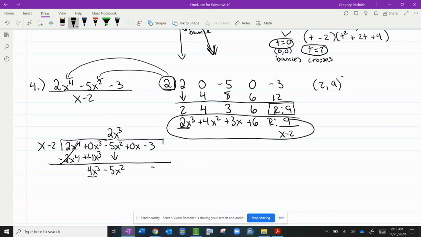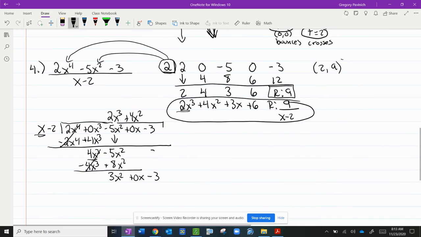Okay, so now I'm going to multiply what multiplies by x to get 4x cubed, and that would be plus 4x squared. And then I get 4x cubed, and I get a negative 8x squared. Distribute my negative in because I'm subtracting, cancel out my leader, and then I get 3x squared plus 0x, and I'll just go ahead and bring down my 3. And what multiplies by x to get 3x squared, that would be a 3x, and then I get a minus 6x. Distribute my negative in, get a plus 6x, bring down my negative 3, and I'm going to